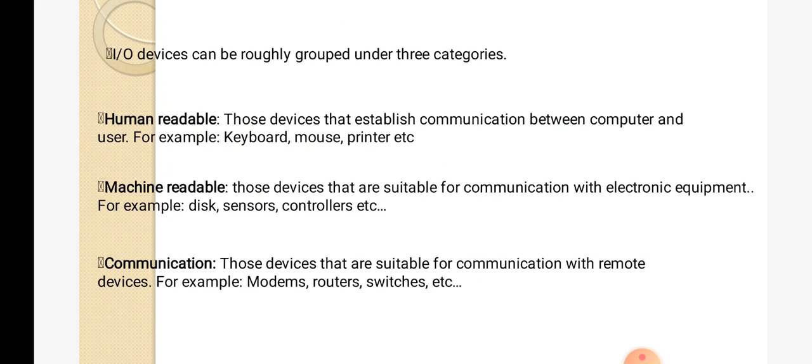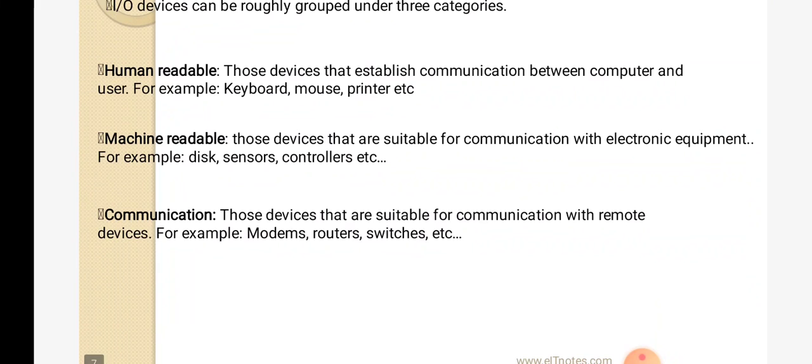Human readable means those devices that establish communication between computer and user. These devices are directly operated by a human being, such as keyboard, mouse, printer. Second one, machine readable: those devices that are suitable for communication with electronic equipment, for example disk, sensors, controllers. We do not touch the disk directly.